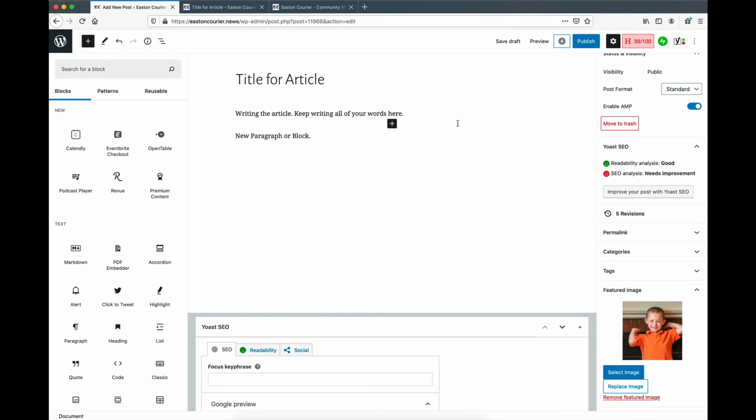So once you have everything done, before you even submit it for publication, you can preview to make sure it looks the way you want it to look. And the way you do that, as I showed you before, come up to the top here, and you have a save draft, so you can always save your draft as you're going. It does automatically save periodically. But right here is your preview. So if you click on that and click preview in new tab,